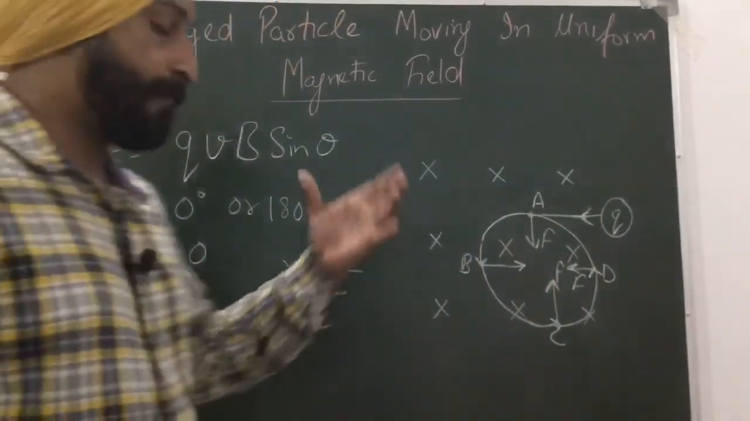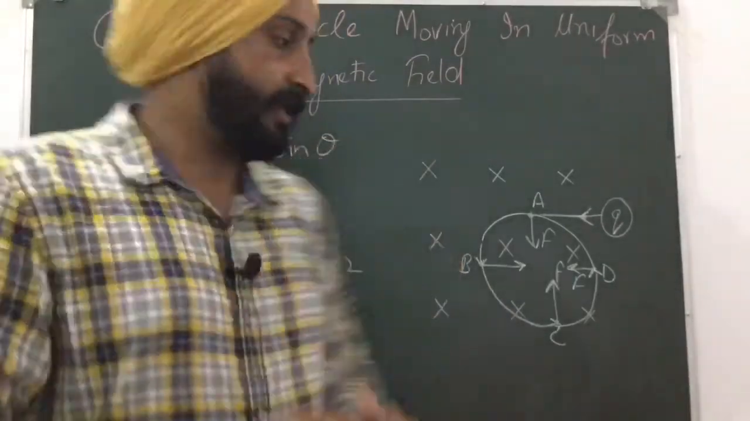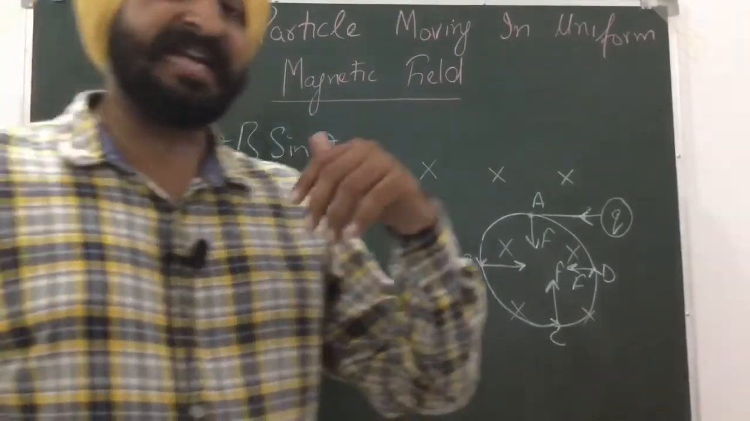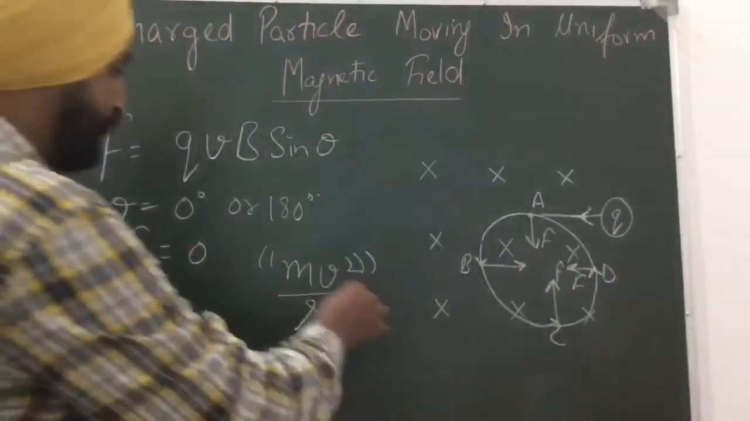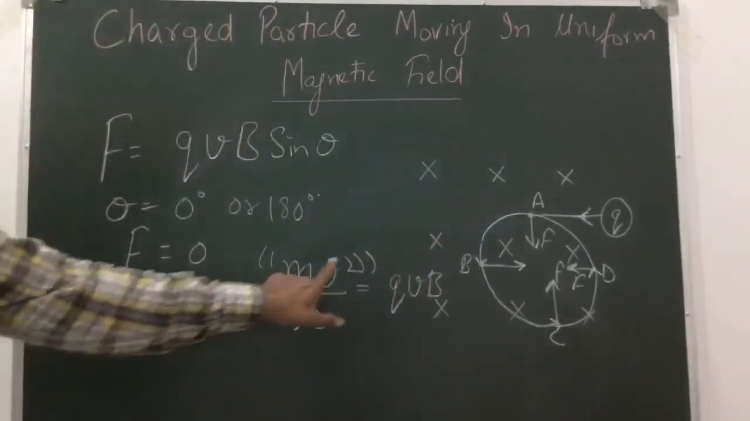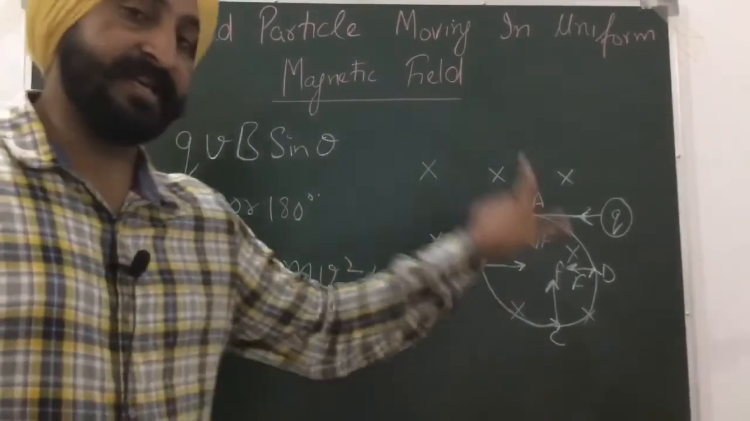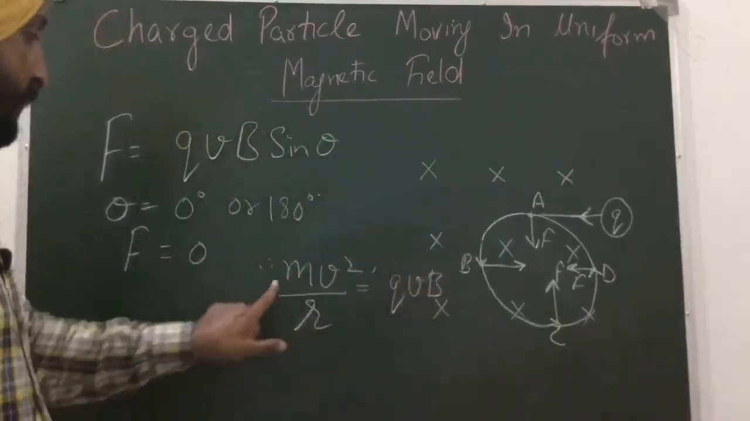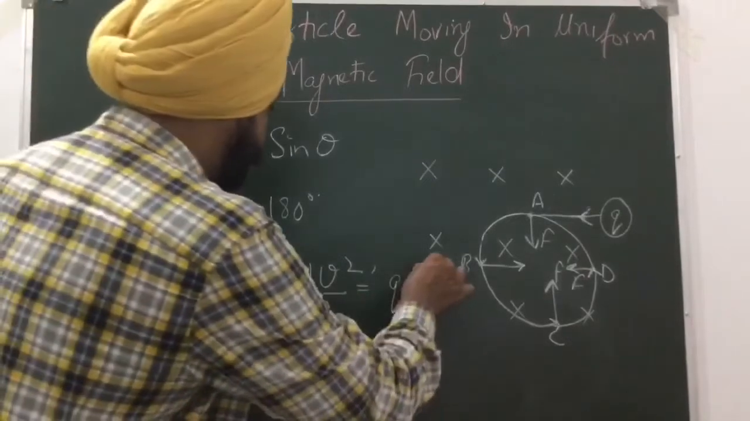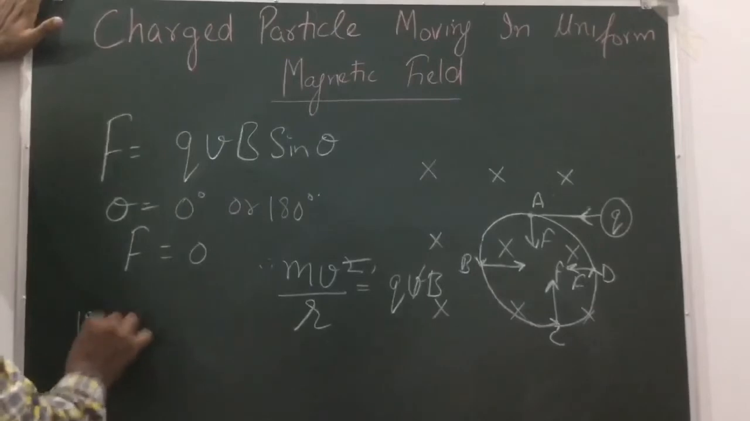And what is the magnitude of that magnetic force? That is equal to QVB sine 90. So this centripetal force is coming from the magnetic force, and we can equate them. So mv square by r is equal to QVB sine 90, which is 1, so QVB. From this formula we can easily calculate the value of velocity. This v and this square will get cancelled, so velocity is equal to